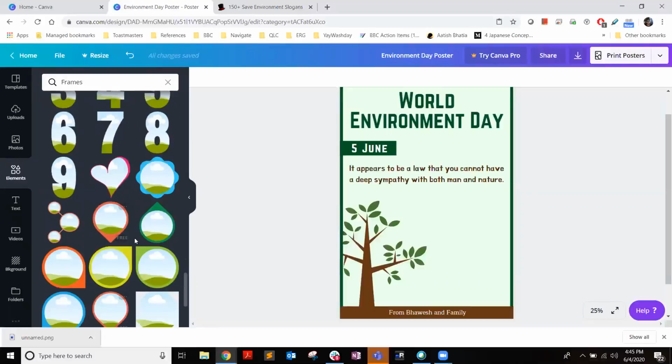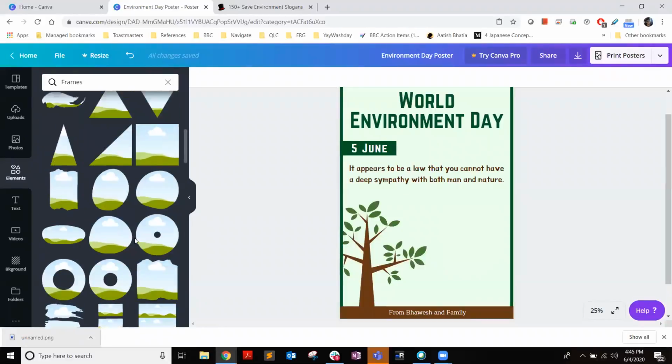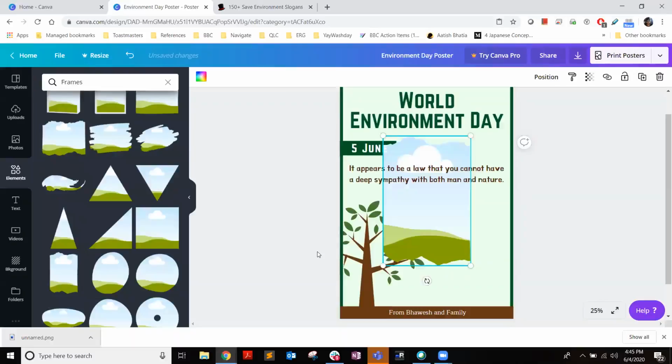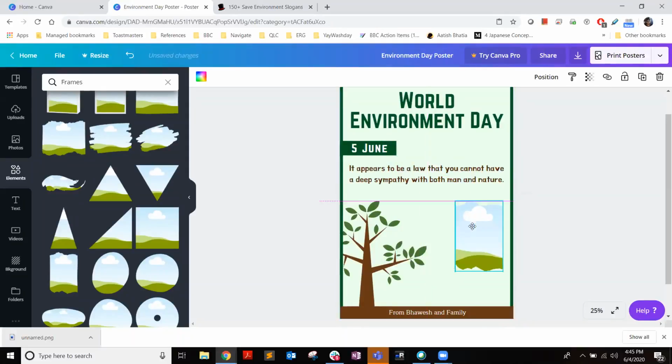I don't want to choose these. I want to choose this one this time. I click on it and it came here. Now I'm going to reduce the size to a suitable size like this and place it. Once this is done, I'll click somewhere outside.